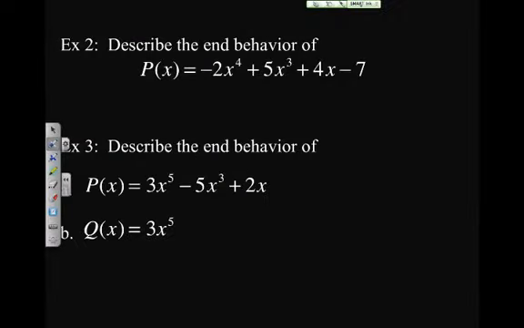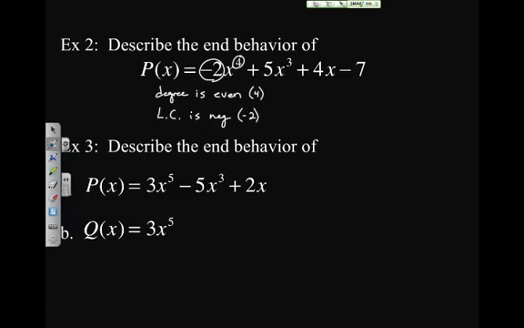So now we need to talk about describing the end behavior. So looking at this first one, the only two things we look at are what is the degree and is the leading coefficient positive or negative. So first of all, the degree is even because it's a 4. The leading coefficient is negative